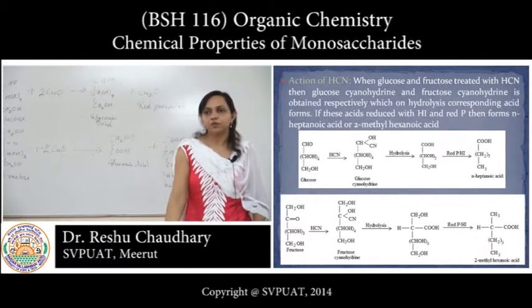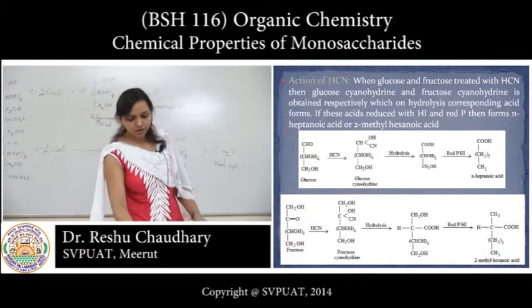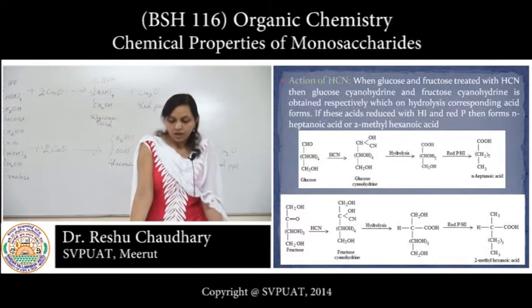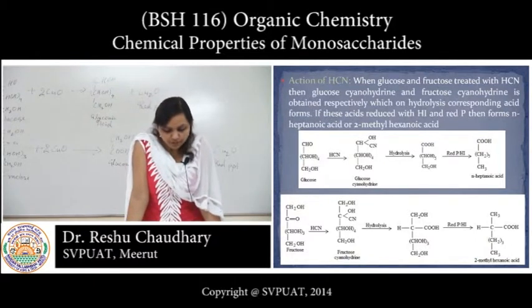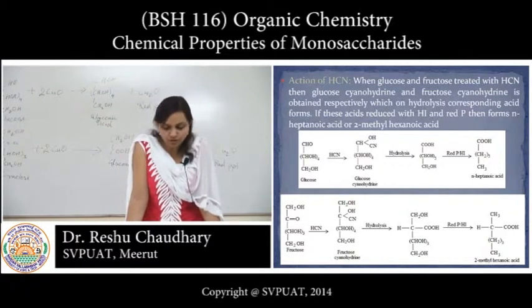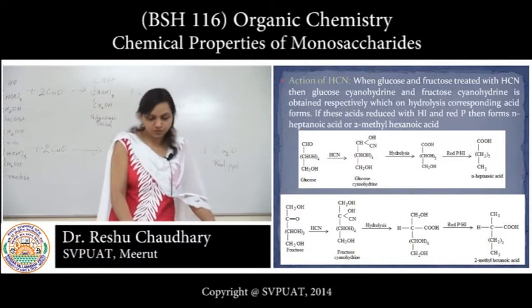Now we will discuss the action of hydrogen cyanide. When glucose and fructose are treated with HCN, glucose cyanohydrin and fructose cyanohydrin are obtained respectively, which on hydrolysis form the corresponding acids. If these acids are reduced with hydrogen iodide and red phosphorus, then they form n-heptanoic acid or 2-methyl hexanoic acid, and the reaction will be,